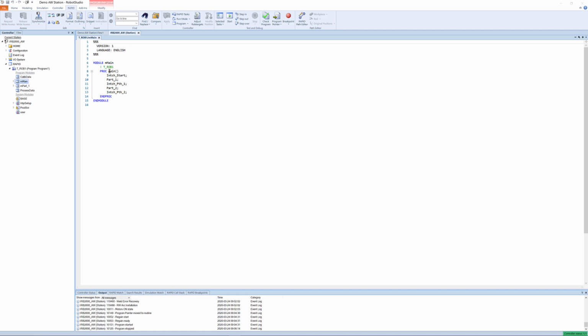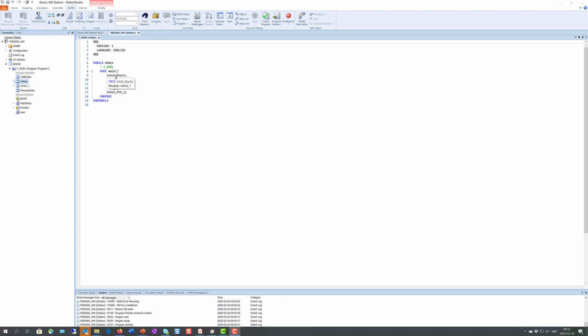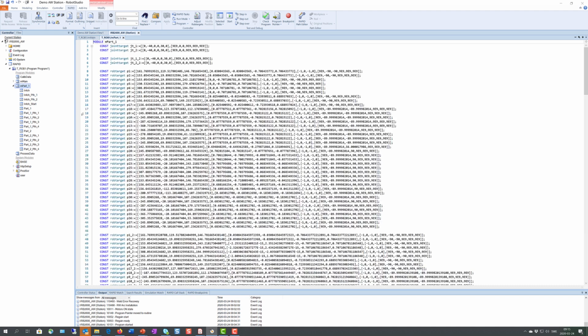There's always a main module, or a main procedure, that gets the ball rolling, so to say. It always starts with that one, and that includes a number of procedure calls. Typically, then procedure calls are paths to go through, and if we open this one, that will contain